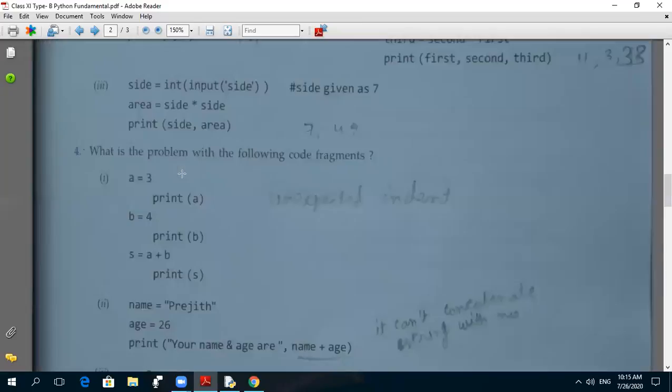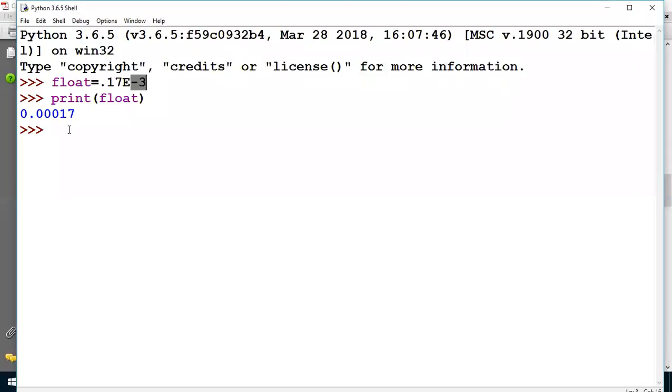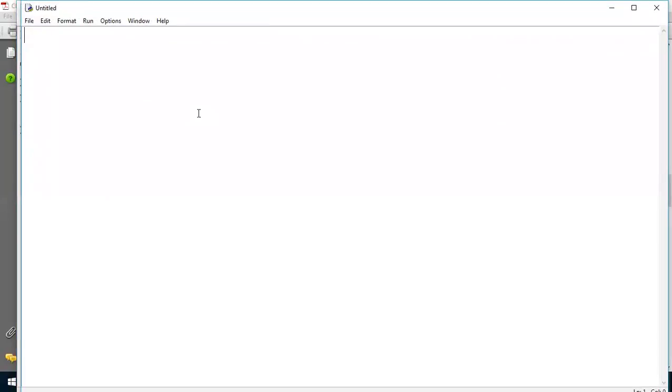ये कब आता है space? When it is considered as a ब्लॉक, तब आता है. जैसे देखो अब लिखते हैं हम a इक्वल्स टू 3, new file.